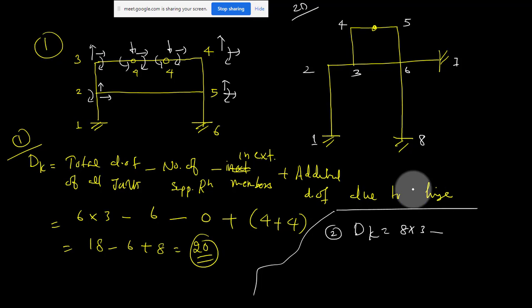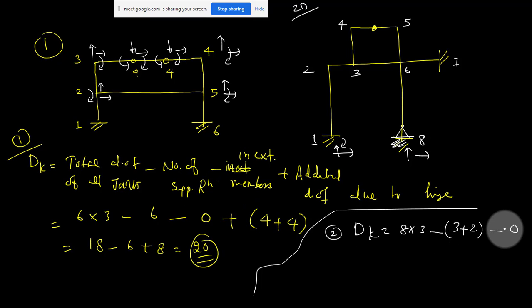Okay, so it is 3 plus 3, 6. I'm just changing this, because in all the questions we have seen fixed supports, I'm changing one to a hinge support. So this support reaction is 3 plus 2, because here two reactions will be there, one horizontal and one vertical. Here 3: one horizontal reaction, one vertical, and one moment. So this is the hinge. So the total reaction is 3 plus 2. The third part is 0, I have not taken inextensibility. Plus the additional degree of freedom: I have one internal hinge, so I'm going to get 4.